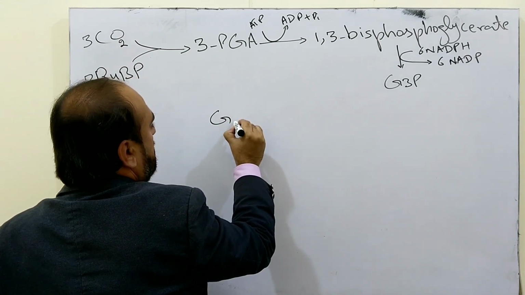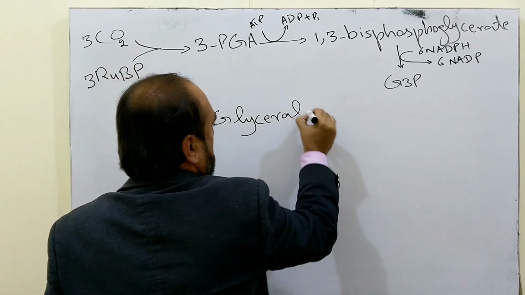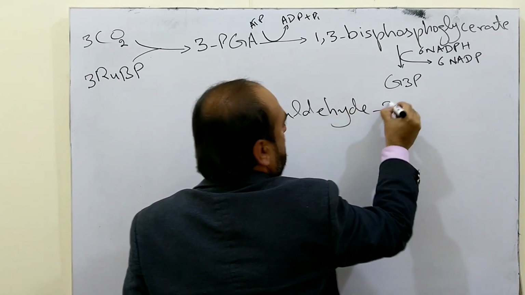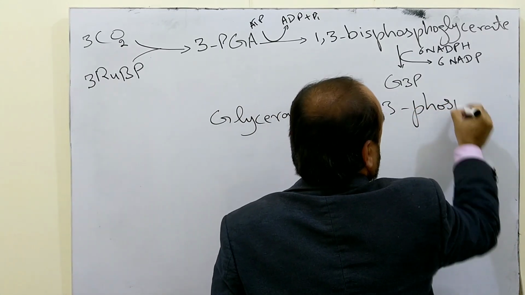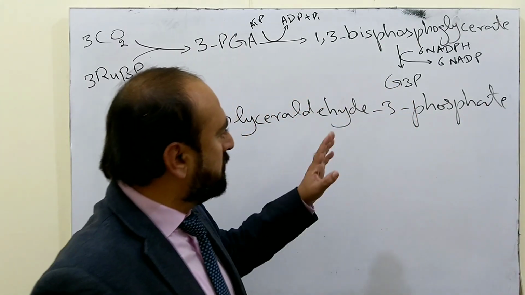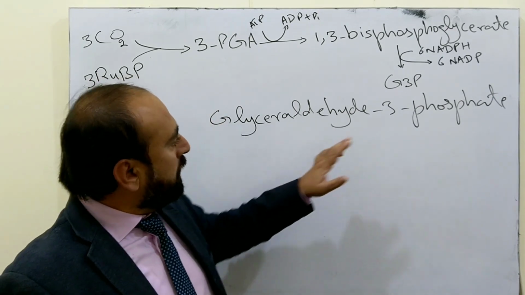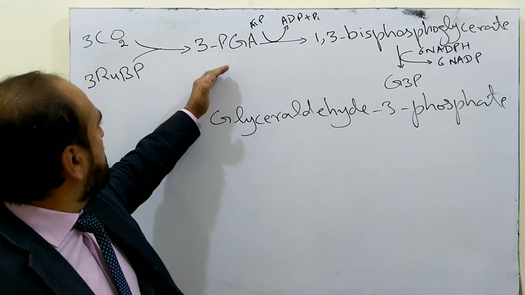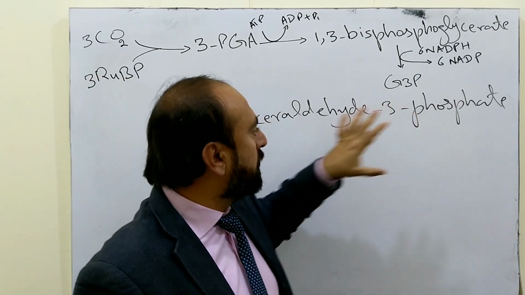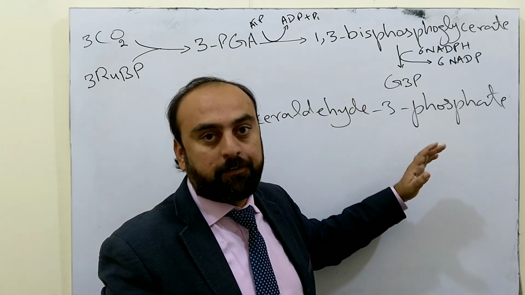G3P is also a 3-carbon sugar. In some books, you will see PGAL or phosphoglyceraldehyde. So from here to here, this is carboxylation reaction, and from 3PGA to G3P or triose phosphate sugar, glyceraldehyde 3-phosphate,